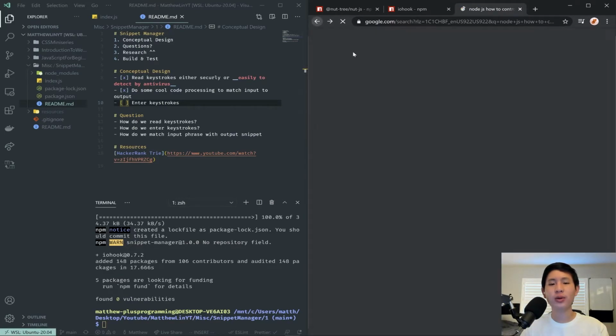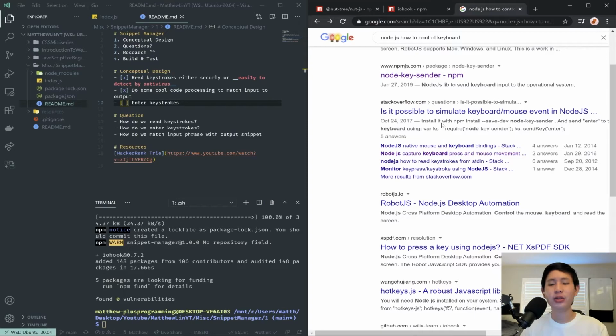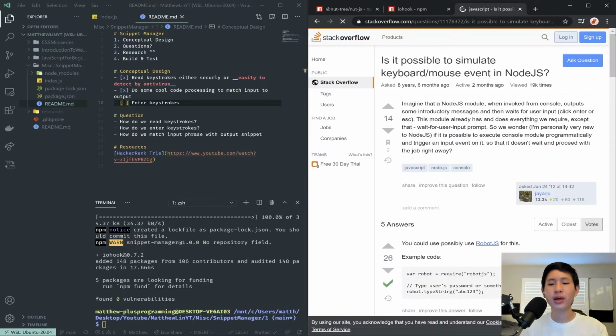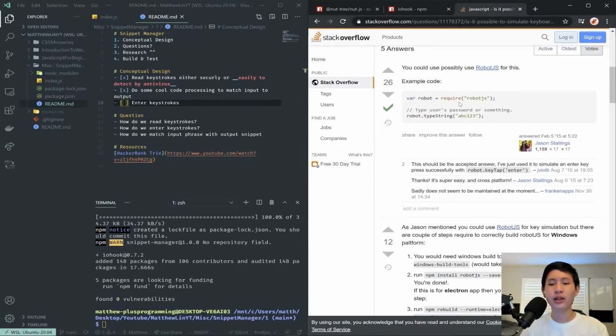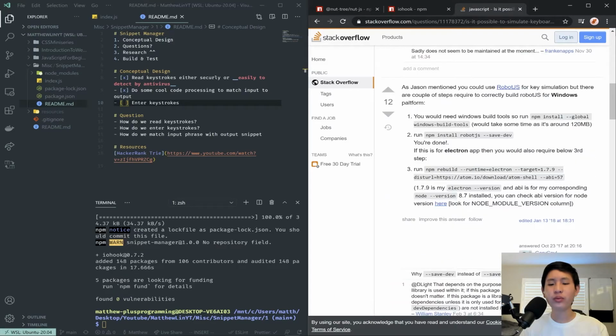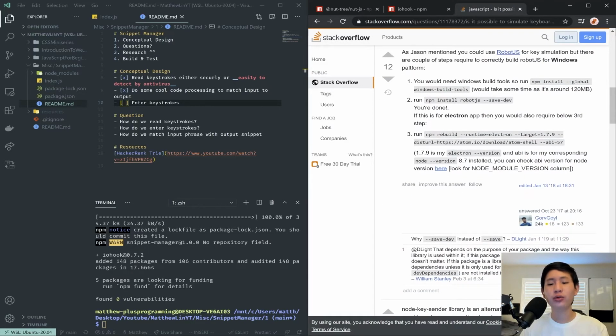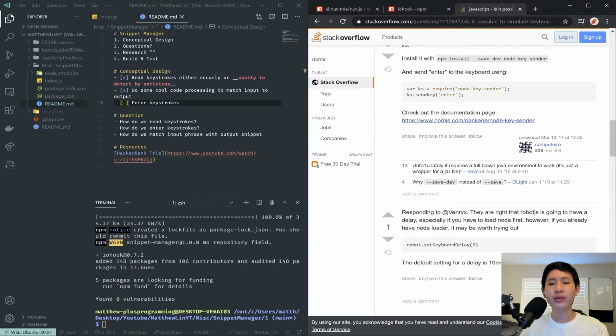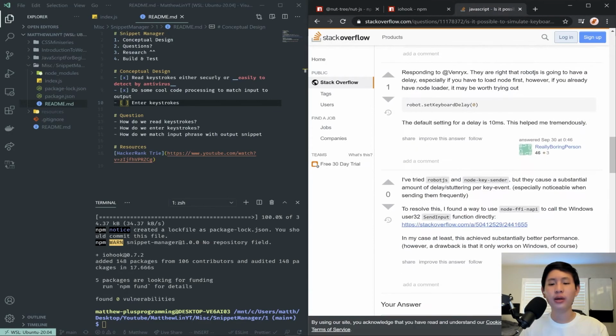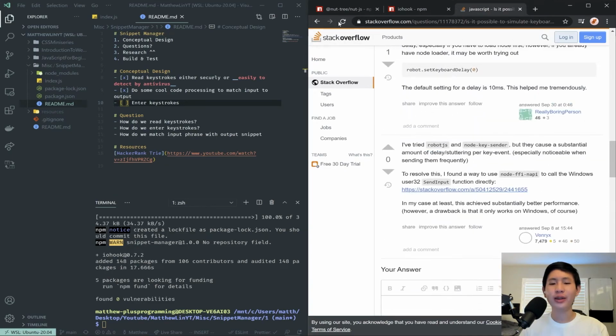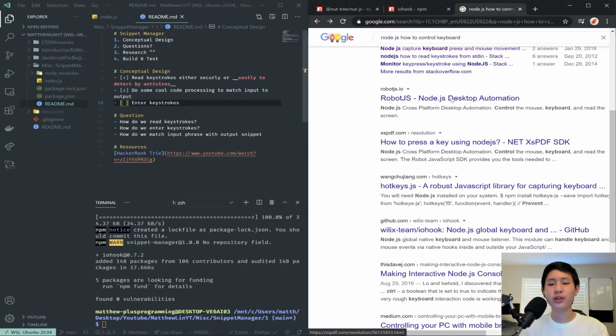This Node key sender is a couple years old, so I'm like, meh, I tend to stay away from really old packages. Is it possible to simulate keyboard mouse event in Node.js? Robot.js recommended. So again, you can probably use Robot.js. I ended up using, I think actually I don't even know why. I think I ended up using a Windows specific one just because I'm on Windows, and it was called